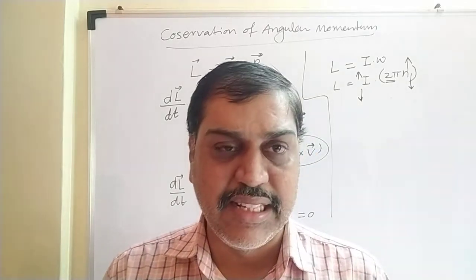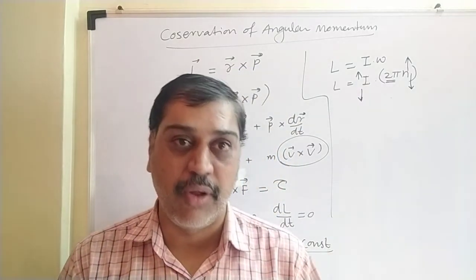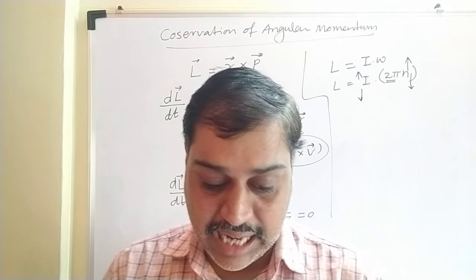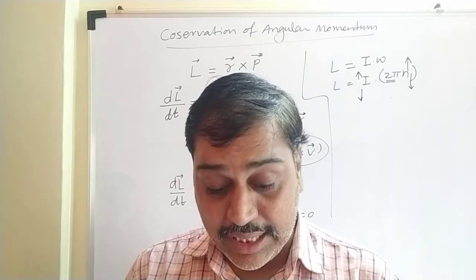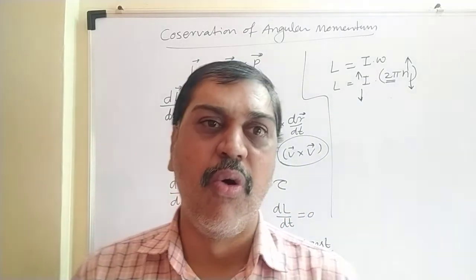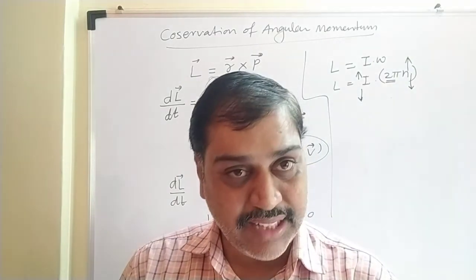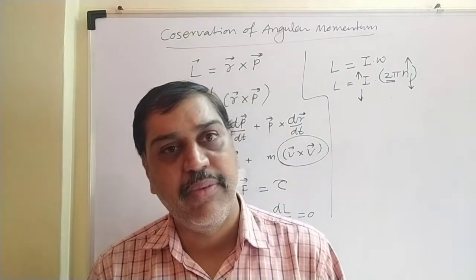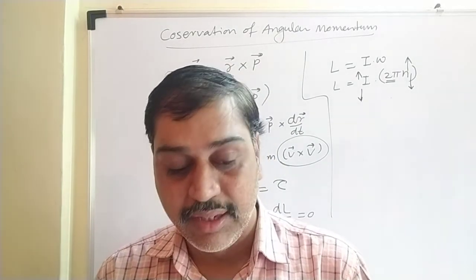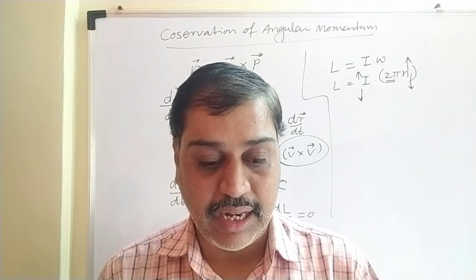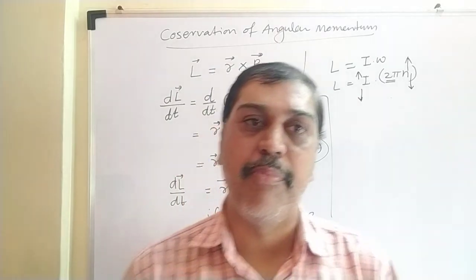After that, there is one table 3. In this table 3, what they have done, they have taken different objects like a ring, hollow ring, solid ring, cylinder, sphere, like this, and their axis passing through the center, one side, and diameter, that type of thing they have taken. Then the expression for moment of inertia. No need to derive the formula directly. If a thin ring is there, and the axis passes through the center, what is the formula of moment of inertia? I equal to mr square. For a thin ring about a diameter, moment of inertia is 1 by 2 mr square. In this fashion, this whole table is there. It contains circular cone, hollow, solid circular cone.